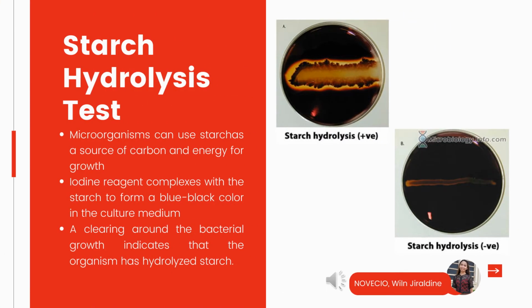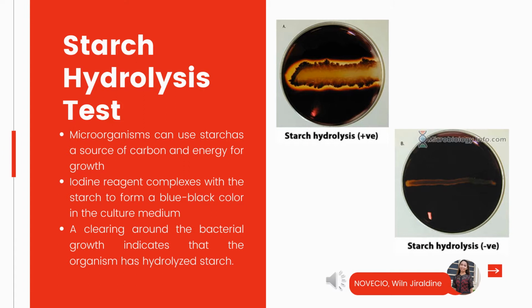Many bacteria produce extracellular enzymes used to catalyze chemical reactions outside of the cell. In this manner, nutrient sources such as starch, that are too large to be absorbed through the cell membrane, can be broken down into smaller molecules and transported into the cell via diffusion. In the starch hydrolysis test, the test bacteria are grown on agar plates containing starch. If the bacteria have the ability to hydrolyze starch, it does so in the medium, particularly in the area surrounding their growth, while the rest of the area of the plate still contain non-hydrolyzed starch.